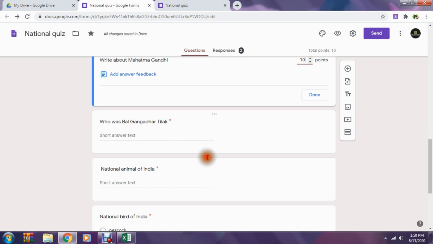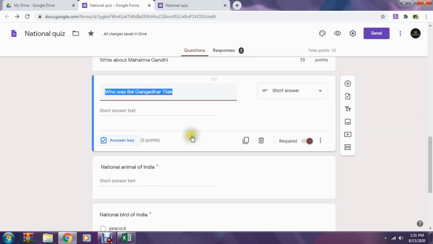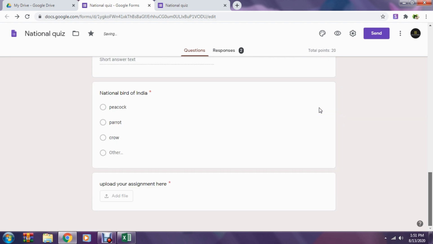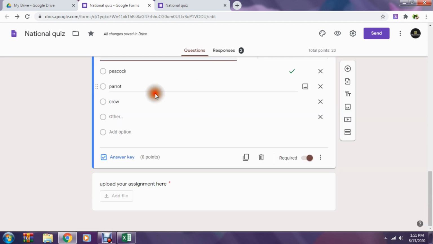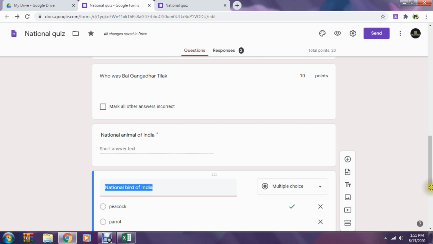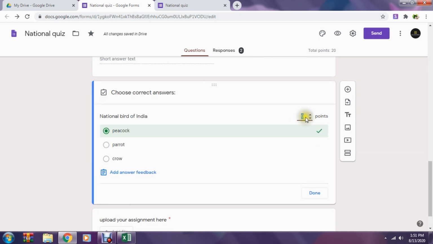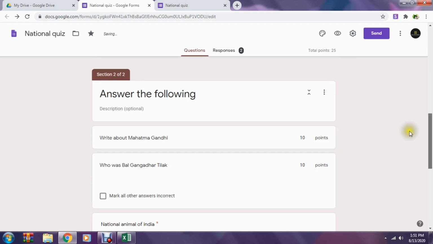And then in the second question we'll allot it also 10 points and we'll not give a correct answer to that. For this question also we'll give it 5 points. Click on answer key and give it 5 points.